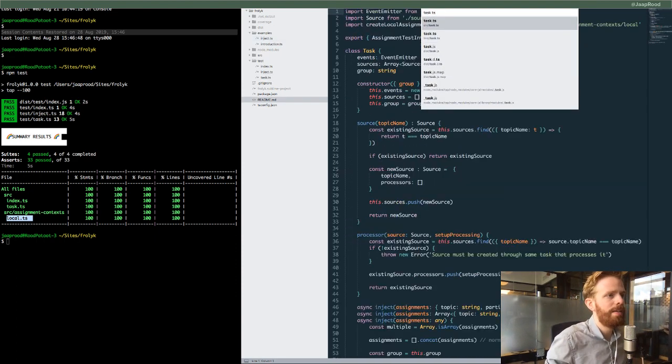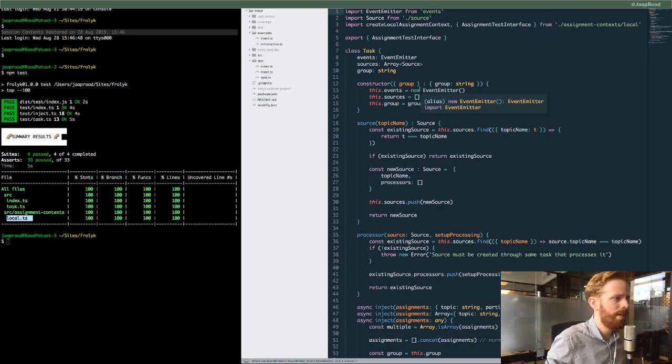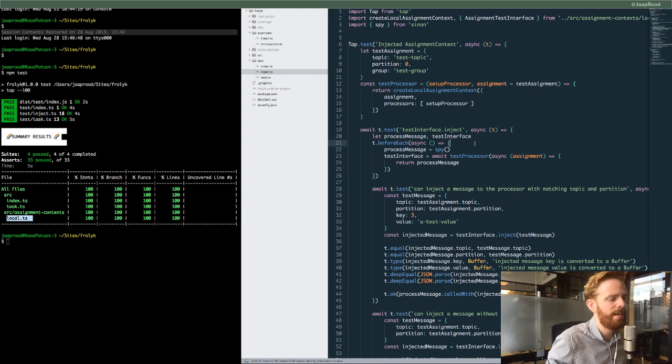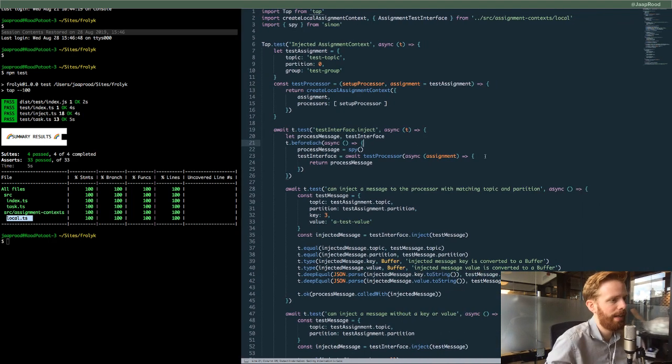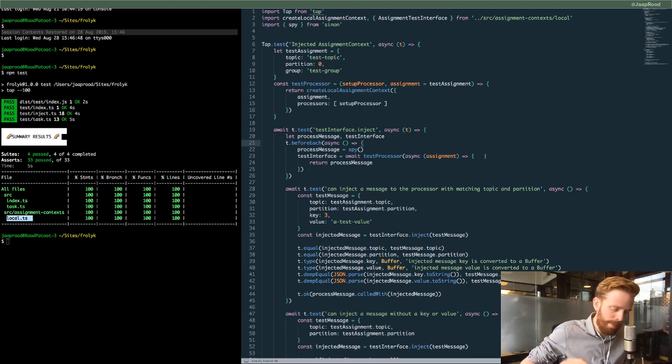Let me get the actual task in place. Now I actually want to look at this test. There's a little bit more that I've done, but I just don't want to get into every single nitty-gritty detail. So the thing that we're testing is the assignment context. Now this assignment context is the thing that comes back. It is basically the context of our particular processor processing